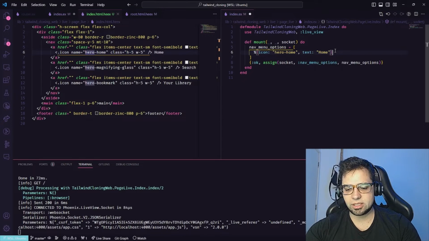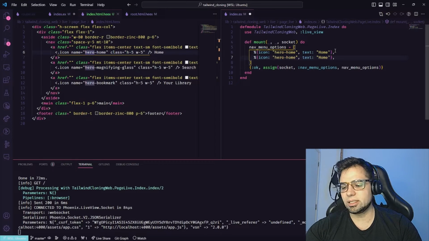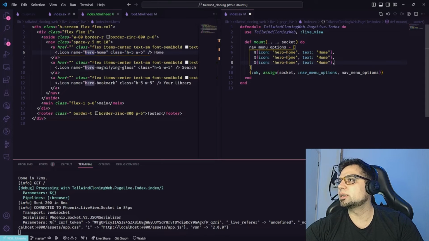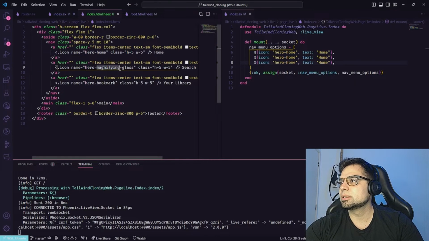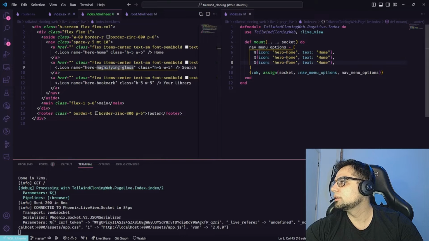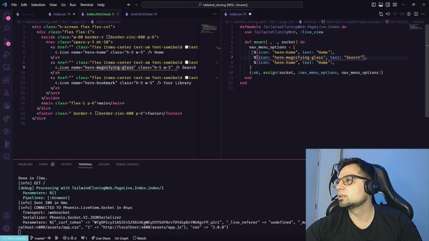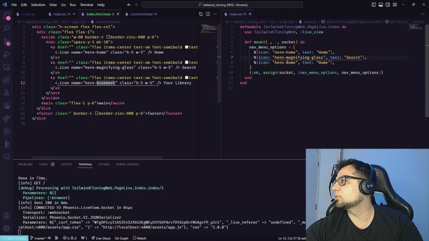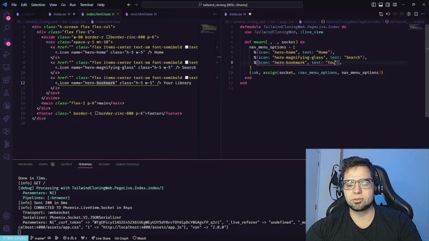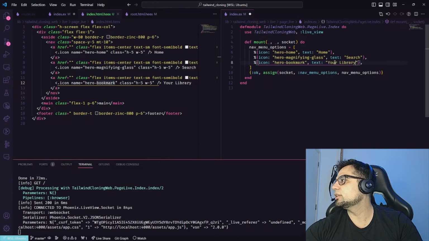In the same way, we can have this one, and search as text. And then we have the bookmark. Then you can say your library,